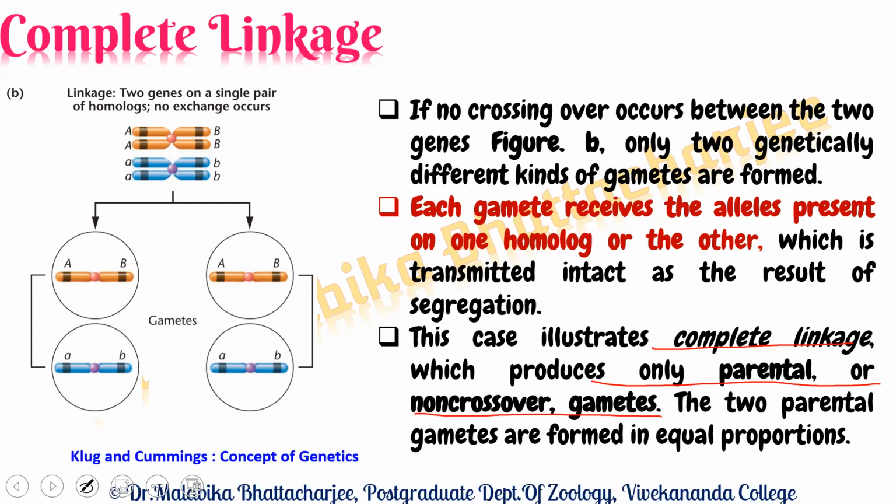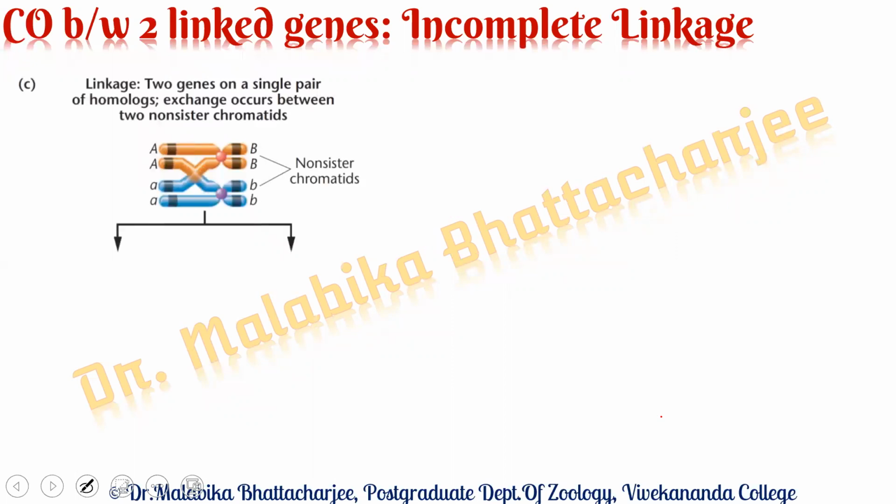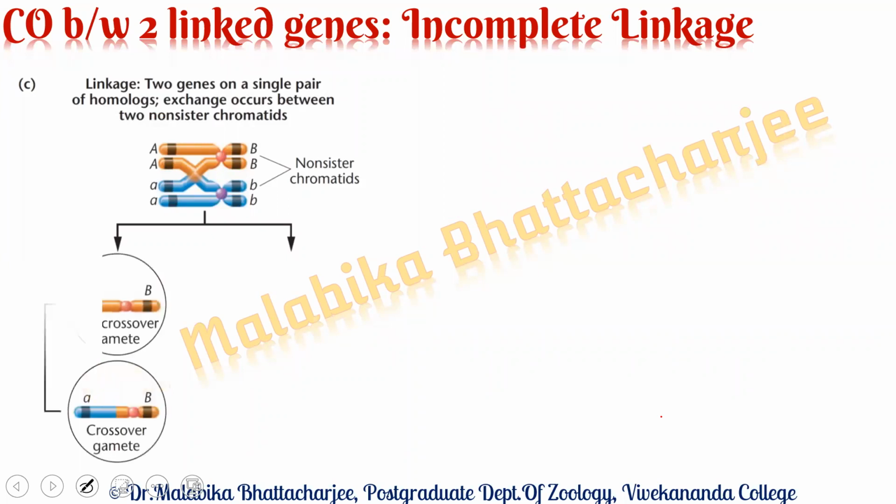And finally comes the concept of incomplete linkage. In incomplete linkage, as there is a crossing over event, you can see that the 2 gene pair in concern are capital A, capital B, and there's a crossing over event occurring between the 2 non-sister chromatids in the homologous chromosomes. And whenever there is this phenomenon of crossing over, we are getting a capital A, capital B, this is the parental setup, and we are getting a small a, capital B, this is a crossover product. So this is a non-crossover gamete, crossover gamete.